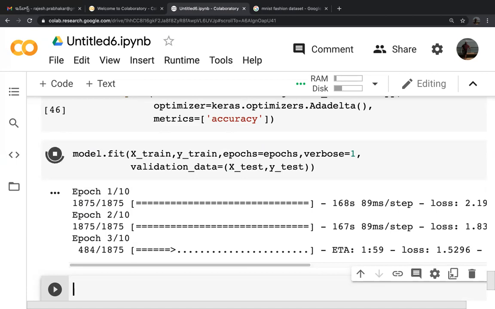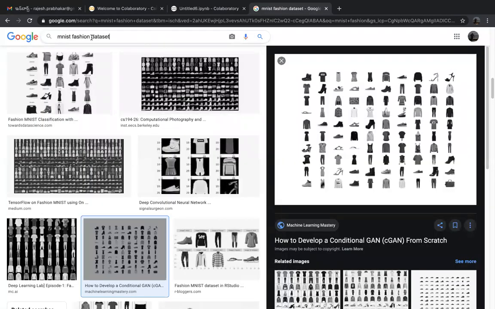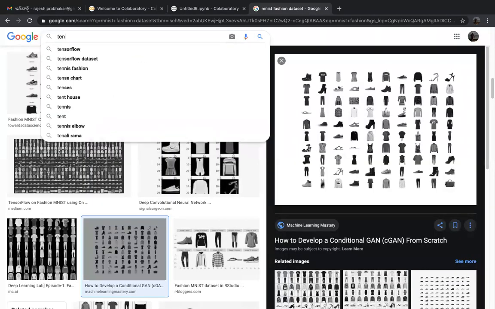TensorFlow is Google's framework for deep learning. So all the deep learning uses TensorFlow as the backend. Even the Keras package in Python or the Keras package in R, both use TensorFlow as the backend. So tensors, that means going from arrays to tensors. Tensors are slightly different. If you are looking at what tensors are all about, see here.